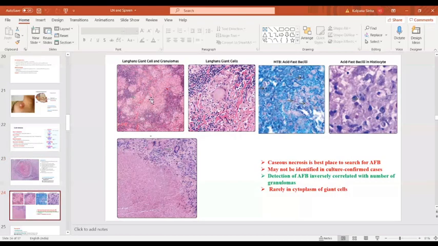So these pale areas are granulomas. They are coalescing and becoming a large granuloma. And these are Langerhans giant cells in the granuloma. You can see this is a necrotic area. This is pale and granular. So when we do AFB stain, the necrotic area is the best area to find AFB. In the granulomas and giant cells, you will not see the AFB bacteria.